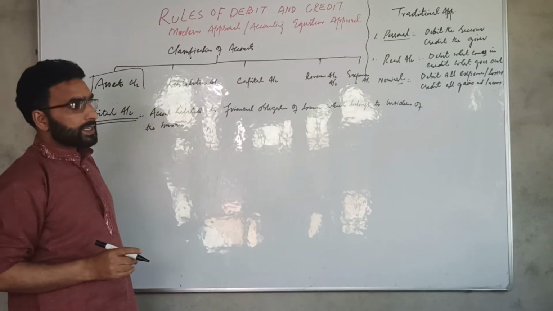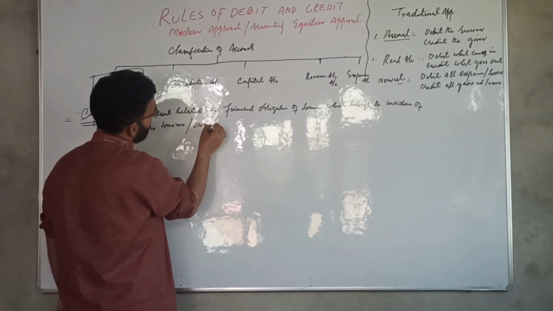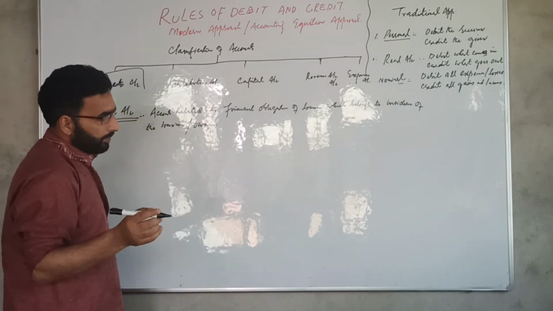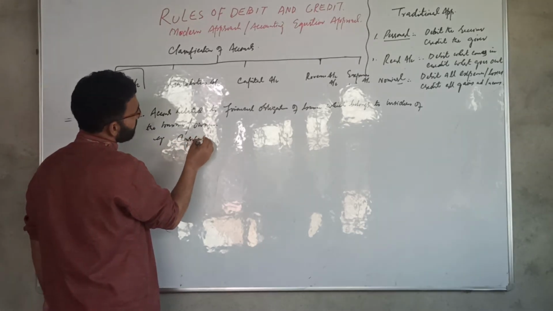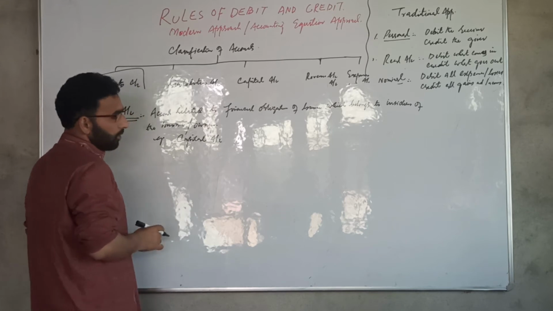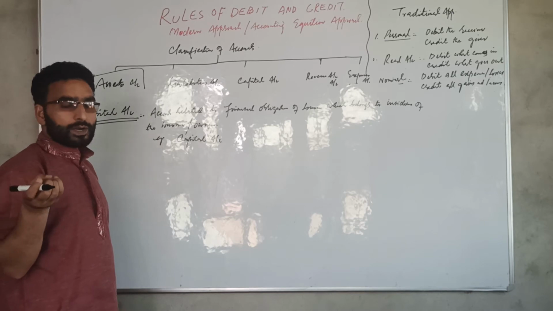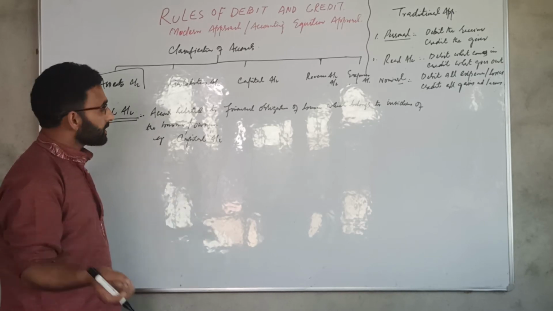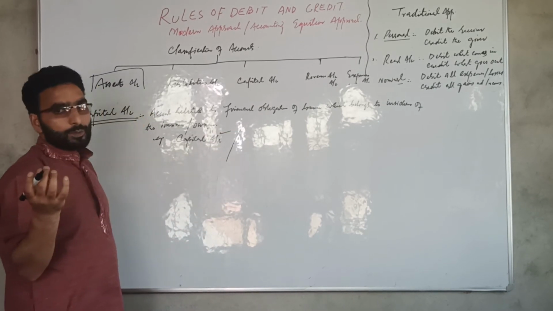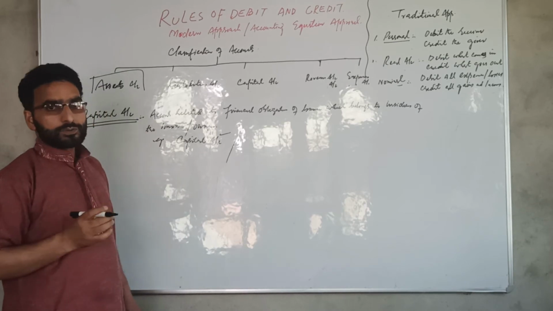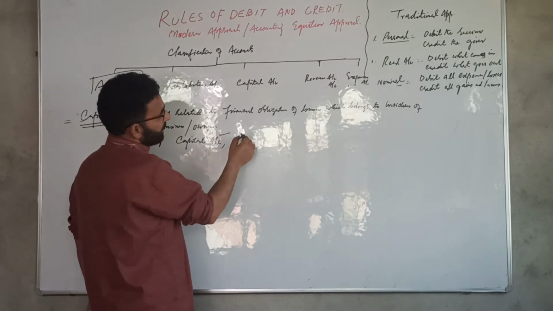Who are the insiders of the business? Insiders of the business are the owners. For example, the capital account is the owner's account. When he gives money to the business, when he invests money, any amount in cash or in kind, the capital account is opened. And similarly, when he draws money from the business for his personal or domestic uses, another account related to the owners of the business, the drawings account, is used.